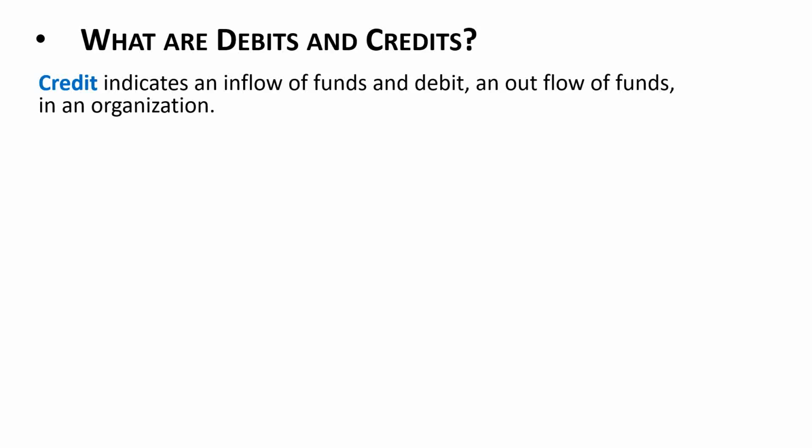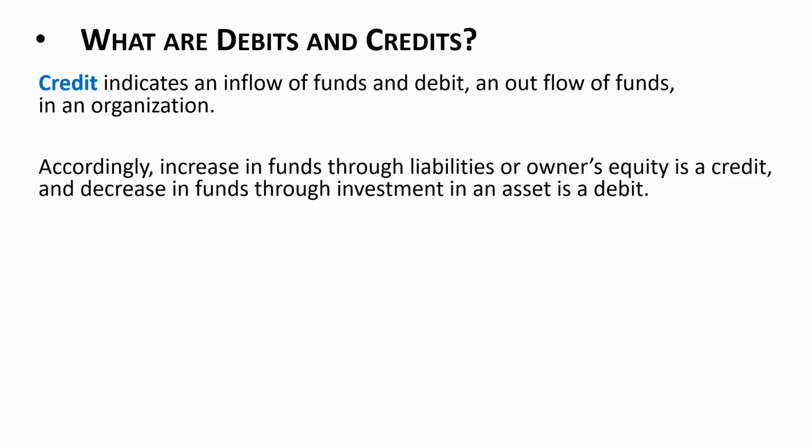And that, from a funds point of view, is kind of bad news. So when we use a credit card, we normally think it's bad, but what is happening is the credit card company is giving you funds. Right? When you use debit, really the money in your checking account is going to leave you. So credit card is bringing you funds, debit card is taking funds away from you. Right? So that's the idea. So credit indicates an inflow of funds, debit an outflow of funds. Accordingly,